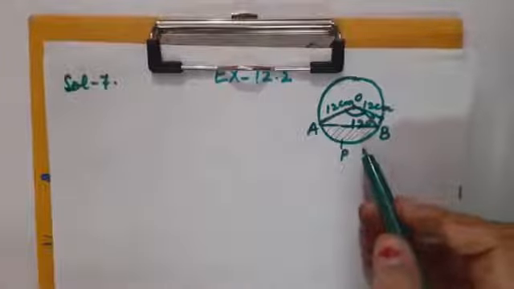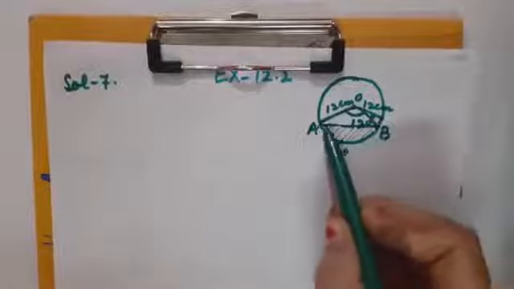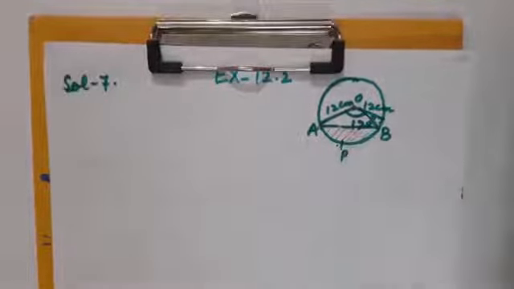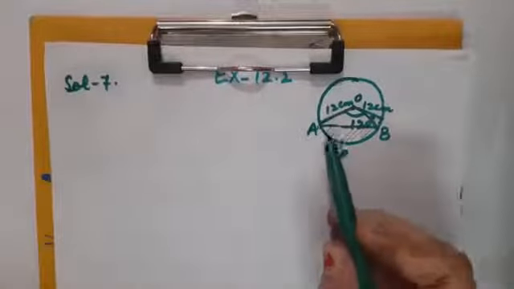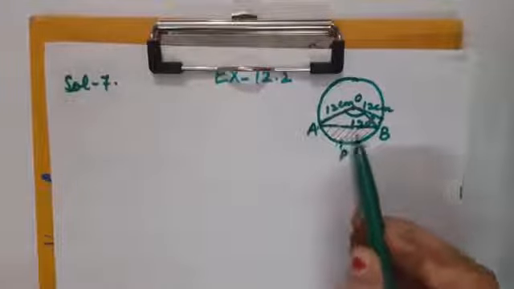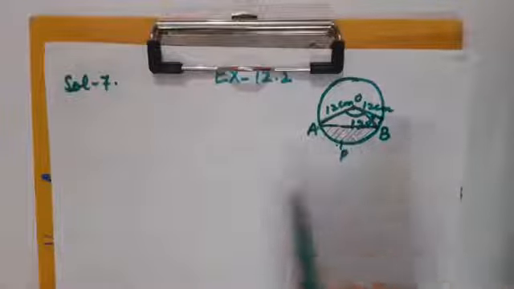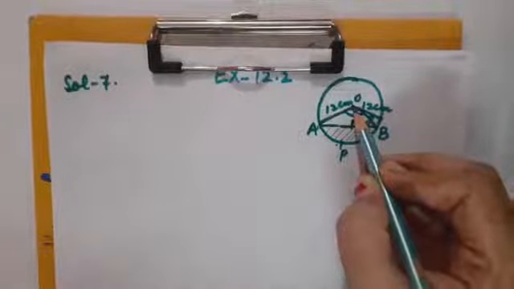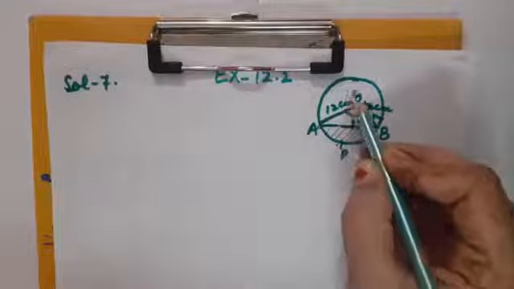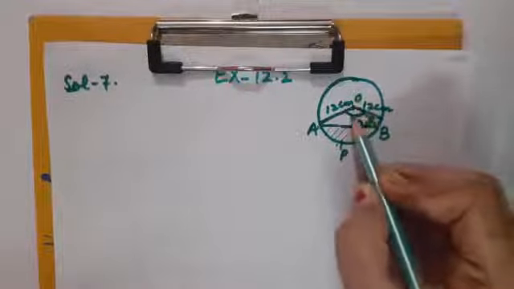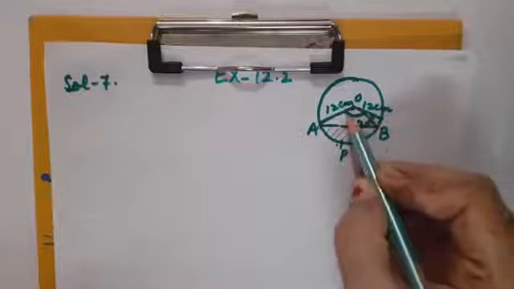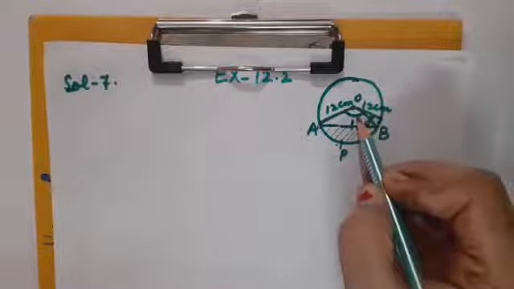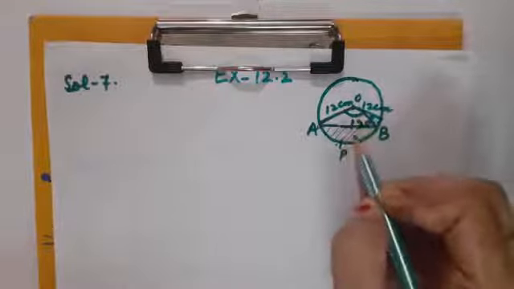So how to give the name to the segment? This is APBA. Here we are going to calculate the area of this minor segment. This will be called minor. Now you will be thinking why it is minor. Because children, the complete central angle is 360 degree. Out of that, 120 has gone and the rest is 240. Still 240 degree is greater than 120 degree. So this will be considered as minor segment.